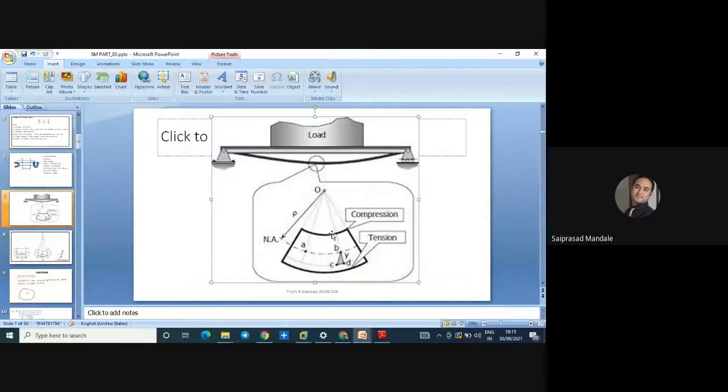this is one layer. From O to the neutral axis, this is one layer. O to the bottom layer, this is one layer. This is the second layer, this is the third layer. This is the top layer, this is the bottom layer, this is the neutral layer. And in between the top layer and the bottom layer, there are n number of layers. So y is the distance of any layer from this point O.